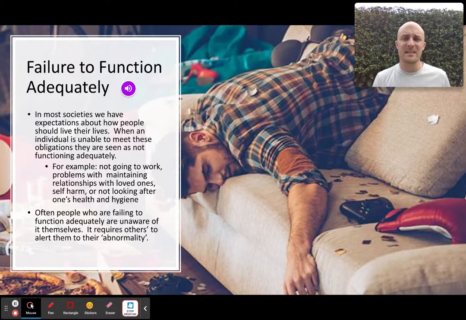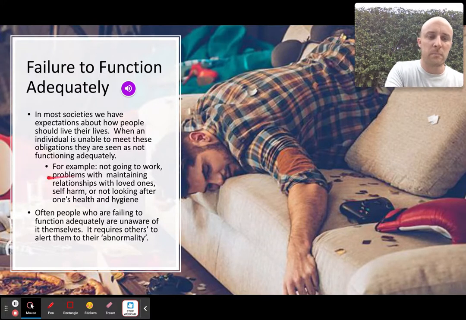I think it's fair to say, and this is my subjective opinion, that if you've got an attendance of 75% or less, you are failing to function adequately, unless you have good reason, maybe illness, for example. But if you are demotivated and you're not really dealing with the stresses of college and your attendance is quite low, a psychologist would probably deem that you are failing to function adequately.